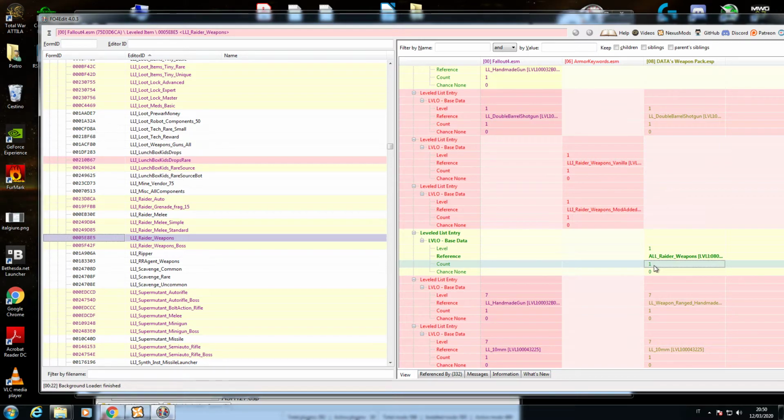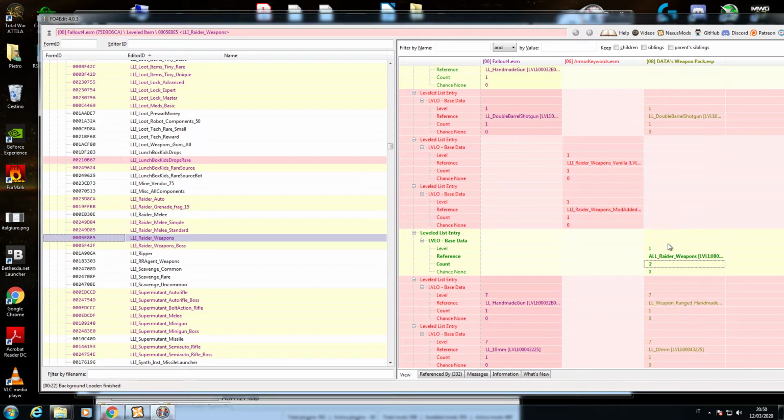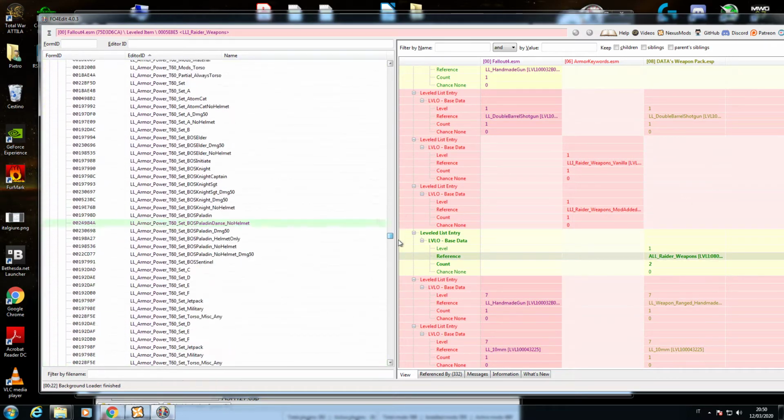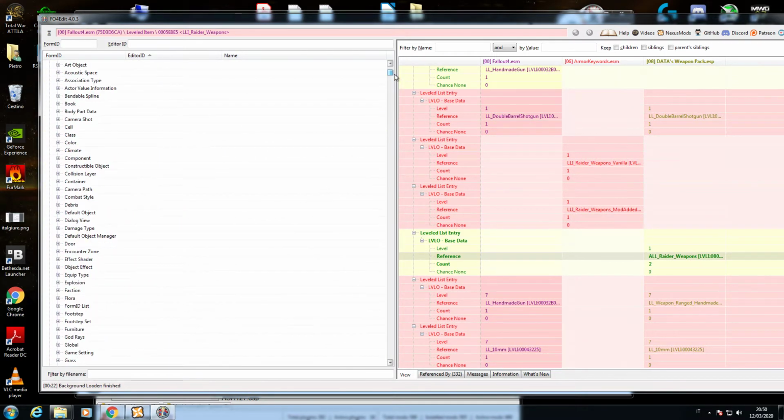How many items will the spawned raider pick from this list? Let's say 2. So at the moment, of course, delete all the rest. So at the moment, all the raiders using this leveled list, when spawning, will pick 2 randomly chosen weapons out of this one, which adds a gigantic amount of diversification to your game,